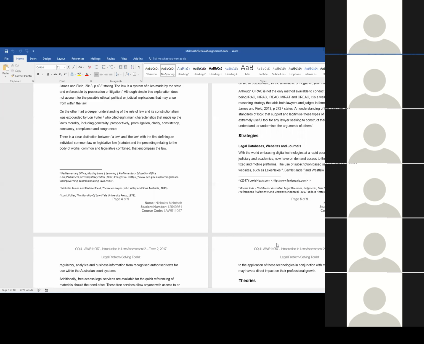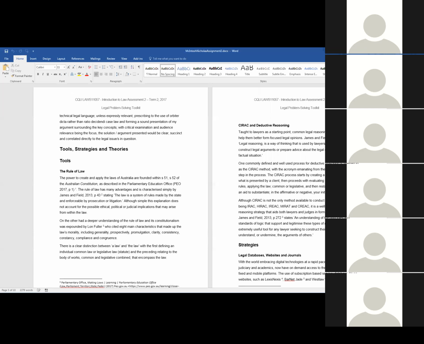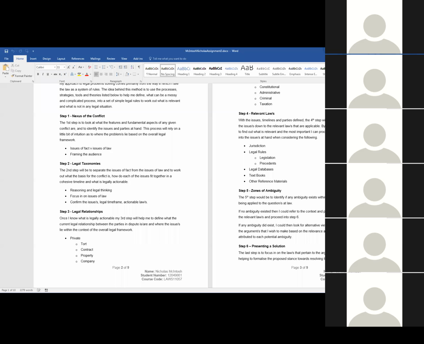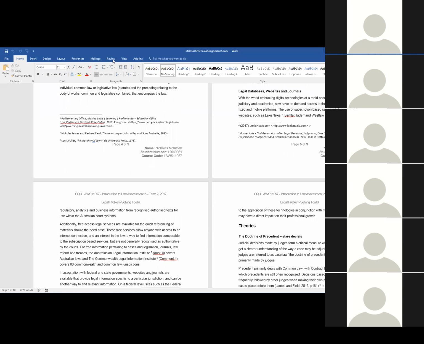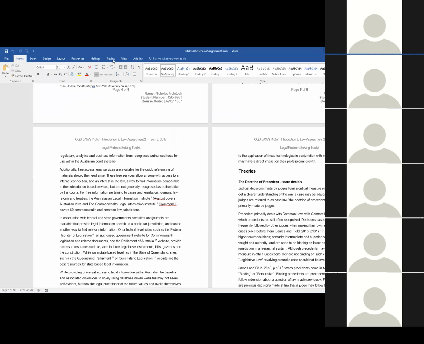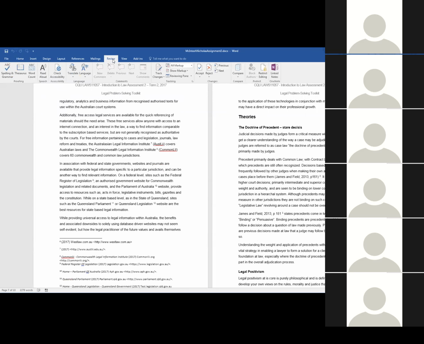Now, what should happen is your document, if there's any mistakes in it, should light up. Would you mind just scrolling to see if we can find anything, Nicholas? I've chosen a bad example with you. All right, let's try this then. Go up to Review. When I say I've chosen a bad example, it means that your work is very good. There's not many mistakes. So just click Review and go to Spelling and Grammar on the left-hand side.